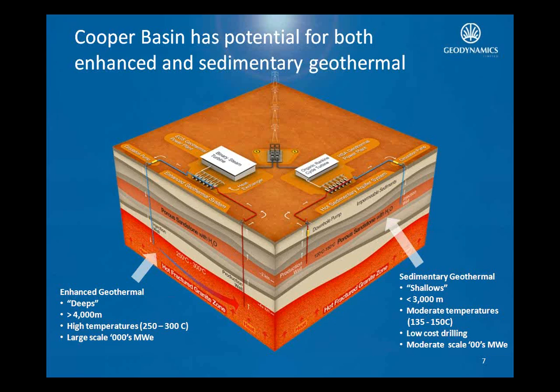Now, in the Cooper Basin, that aquifer, or that porous sandstone layer, is heated by this hot granite 2 kilometers below it. So this layer is about 2,000 to 3,000 meters in depth,